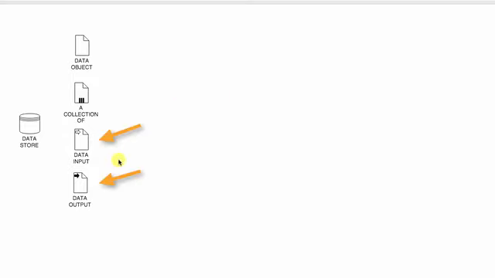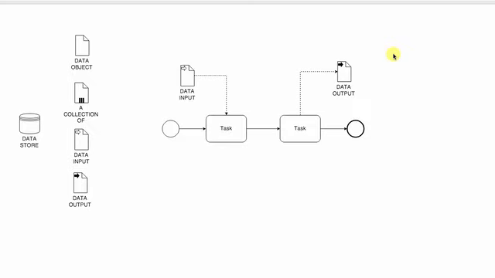Okay, so now data input and data output are of the same type. So data input is an external input for the entire process, and data output is the data result of the entire process. So I'll just show you a quick example and you'll understand what I'm talking about. So we have a random process in which we take data from outside of this process, then we perform some actions with it, and after that we need to transfer this data outside the process